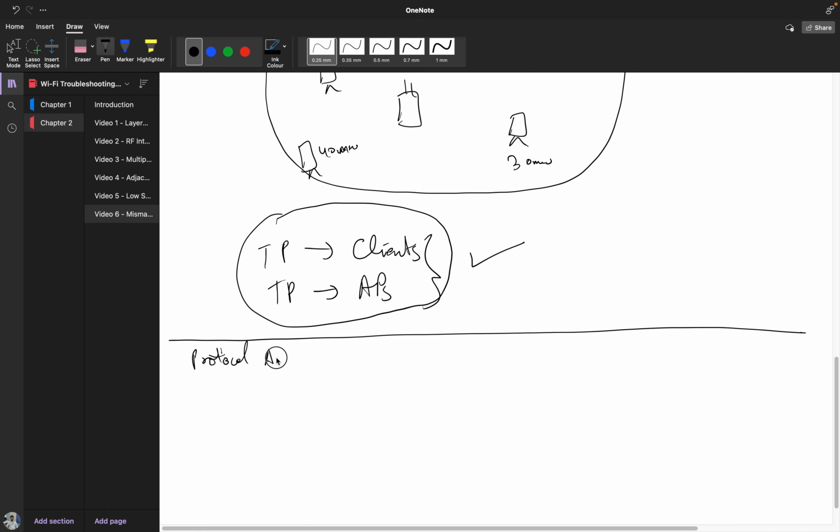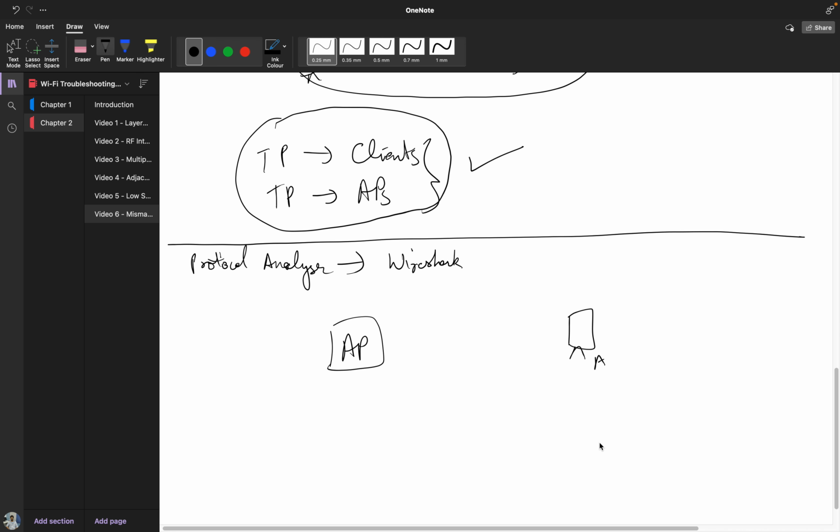I would suggest Wireshark, which is what I always use. Okay, now there's an access point here, there is a client here, client A. Let's say this is transmitting at 100 milliwatt, this is 20 milliwatt. Now if you take a protocol analyzer and move your laptop near this AP and try to capture the frames here with the protocol analyzer going on,